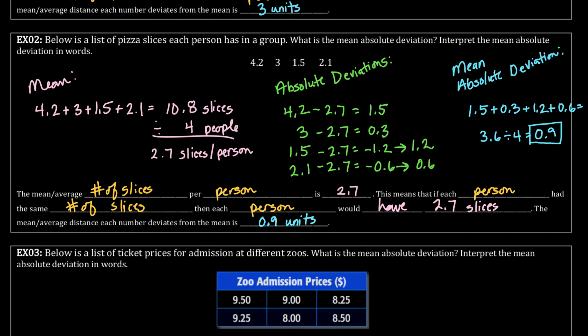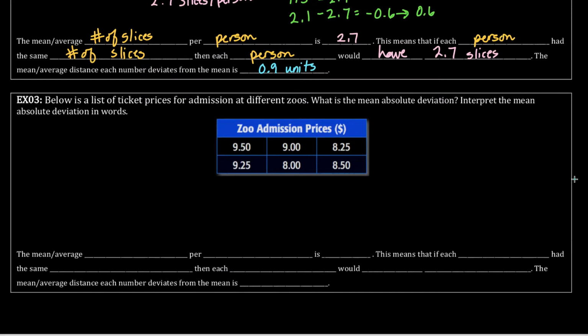All right, we'll start the next one, but like I said, I'm not going to walk through the whole thing. I just want to show you something. So when I find the mean for this next one, I'm going to add all of these, right? 0.25 plus 9.25 plus 8 plus 8.5, and that will give me 9.5 plus 9 plus 8.25 plus 9.25 plus 8 plus 8.5, and I get